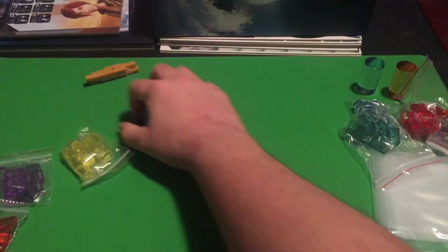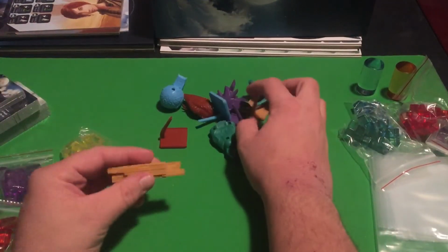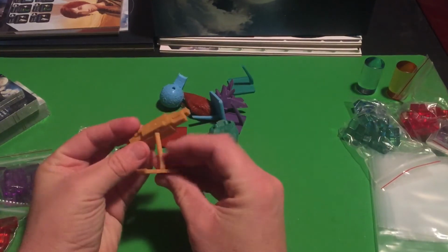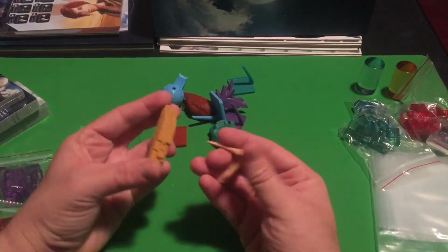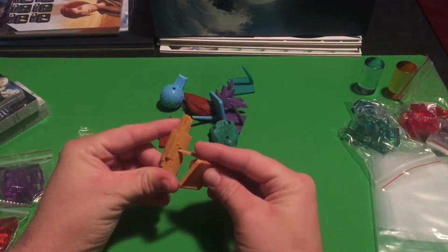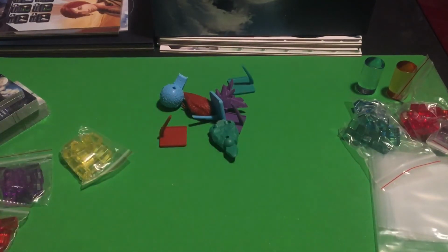So let's see if I can put this together easily. Or not. I'm guessing that would go here, but... Alright, so...